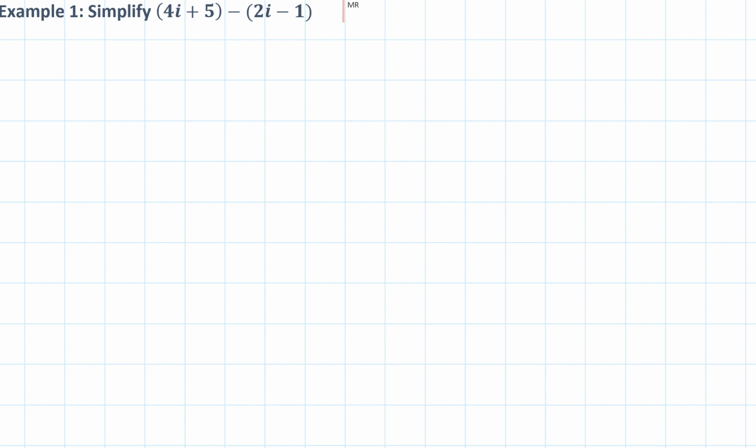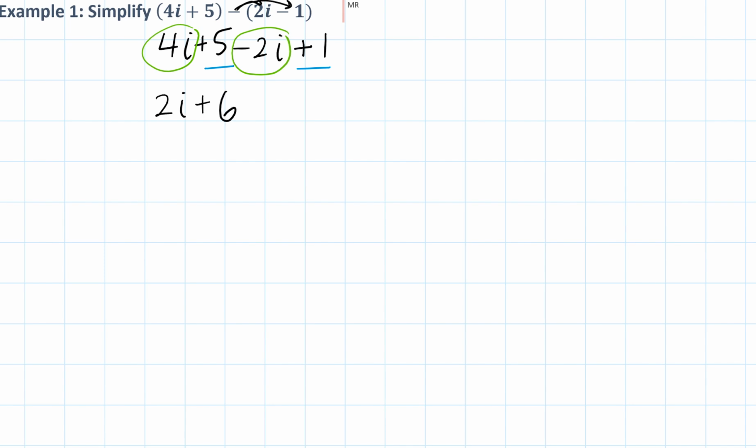So we treat i like a variable even though it's a number. Treat i just like it were x. So all we need to do is distribute the subtraction sign. So we're subtracting 2i, we're subtracting -1, we're adding 1. At this point, we're going to combine like terms, meaning we've got two real numbers, two imaginary numbers here. When we combine them, we have 4i minus 2i would be 2i, 5 plus 1 would be 6, and now